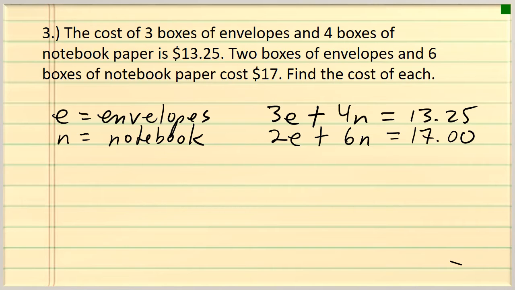All right, now, as I said earlier, I prefer elimination. I used substitution in question number 2. I'm going to use elimination in question number 3. I am going to multiply the first equation by -2. And I'm going to multiply the second equation by 3 because I want to add these 2 equations together so that one of the variables disappears. Which variable am I going to make disappear? The E. Very good. So I multiply by -2 and I get -6E minus 8N equals